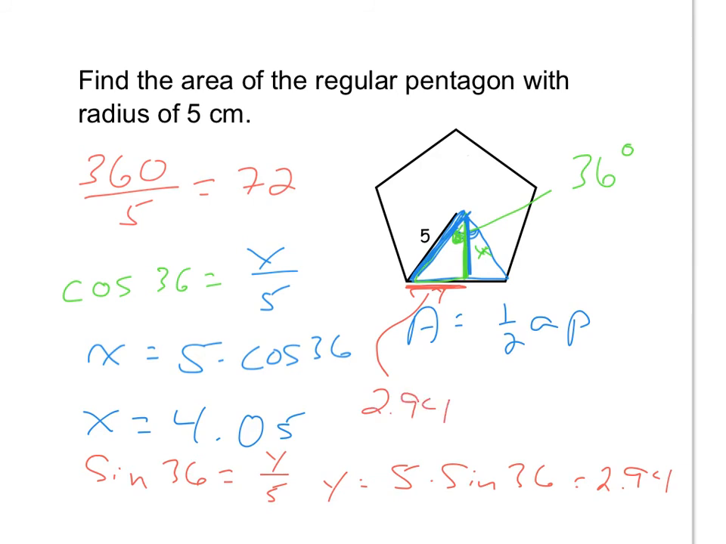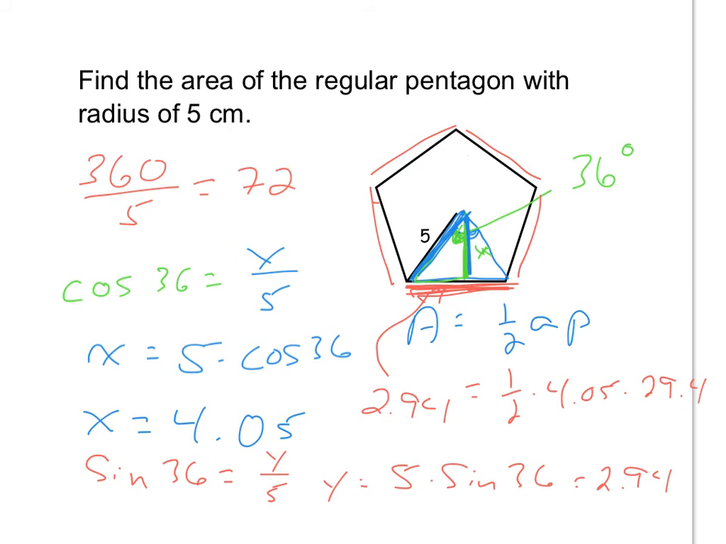So my perimeter is going to equal 2.94 times 2 is going to be one side. And then I got to take that and multiply by 5 more because I have 5 sides. So in essence, it's 2.94 times 10. So we'll call my perimeter 29.4. So my area is going to equal 1/2 times my apothem, which was 4.05, times my perimeter, which is 29.4. Whip out your calcs,